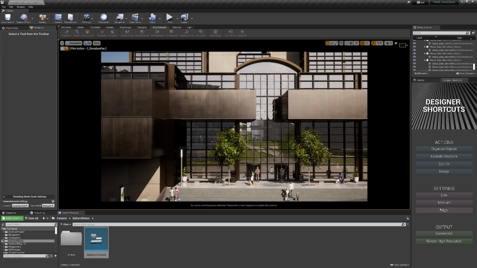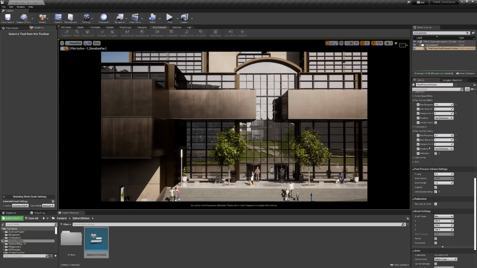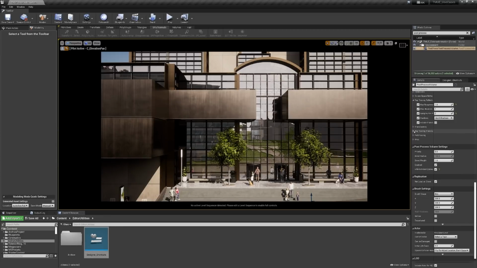Let's take a look at how I would do this manually, and you'll see how these buttons could come in handy. So I'm going to go up to the World Outliner, type in Post-Process. Underneath the environment, I'll select that post-process volume. I'm going to go over to my details panel, and I'm going to scroll down. You'll see I have some ray tracing settings here. These are ones that you can control to improve your ray tracing settings. I'll close out of some of these here. And I'm going to be focusing on this max roughness.